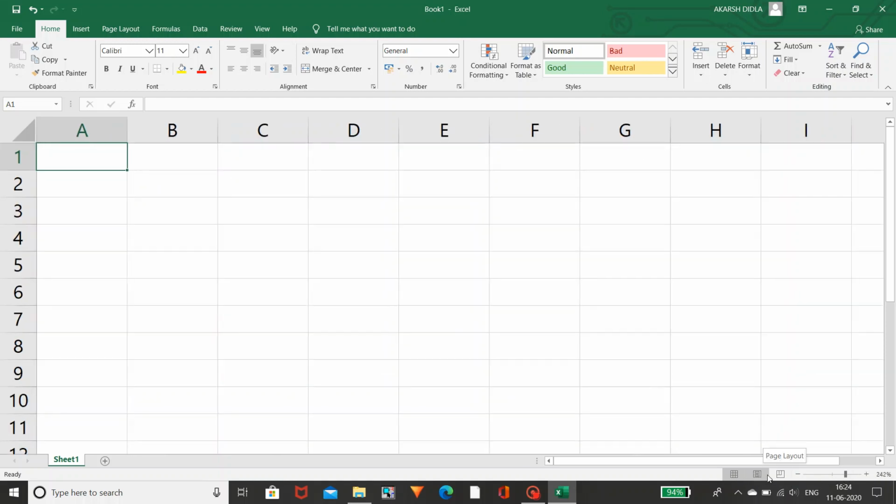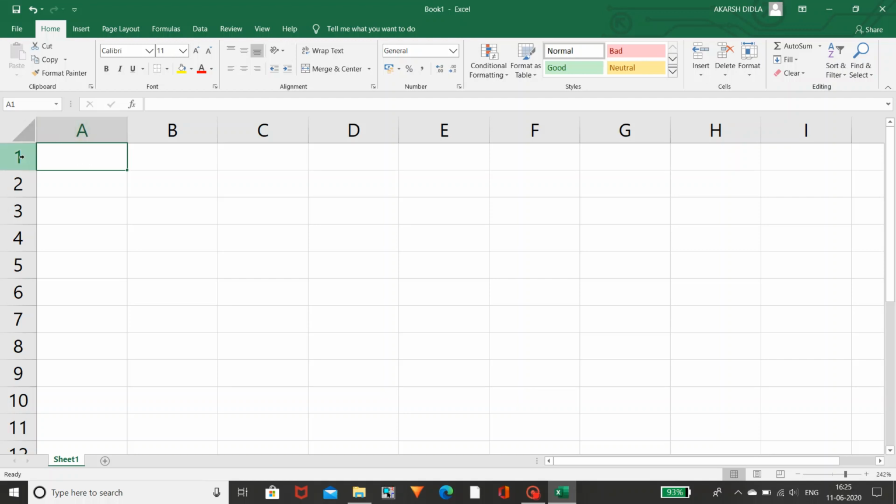And if you want to add borders, or if you want to break the page, you can use these three options. These three options are available in the menus also. I am going to explain them in the further videos. And here you can see A1 is nothing but the name of the cell which is highlighted. See, this cell is highlighted, this is A1. Why we call it A1: A is the row and 1 is the column. How can we say? As we move downwards, that means if you click here, as we move downwards or upwards, it is called a row, as we know in the mathematical process. And as we move sidewards, that means towards the left or towards the right, it is called a column. So A1 means the name of the cell.